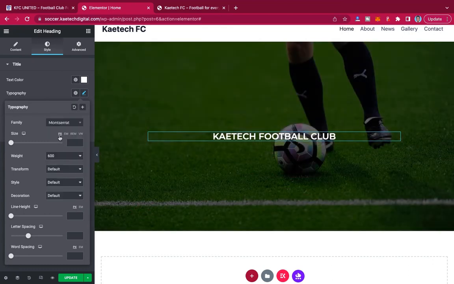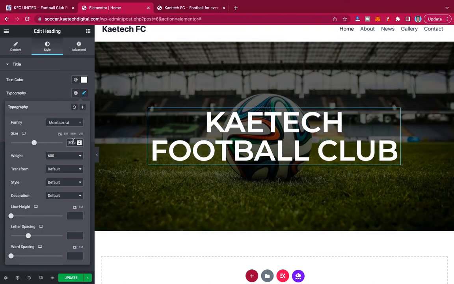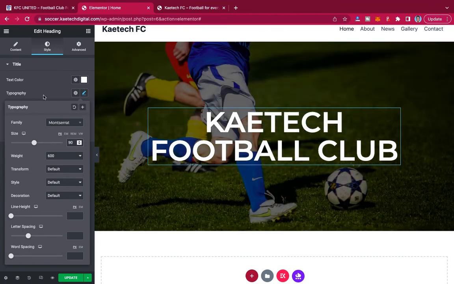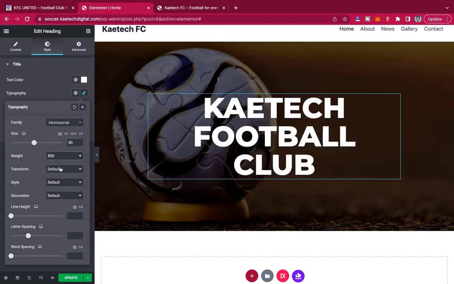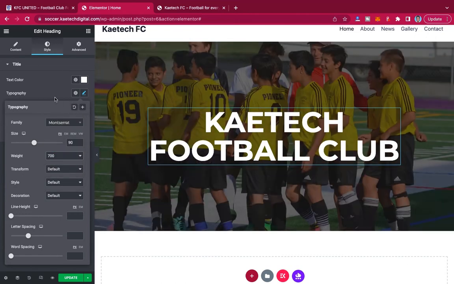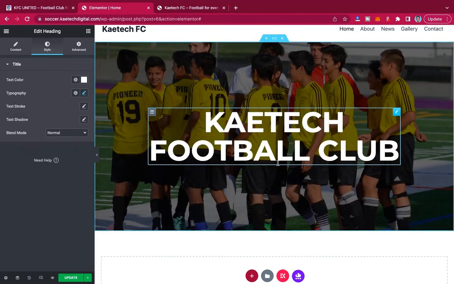Okay, change it and then increase it to, let's say, 90. Okay, so 90 is quite okay. As you can see, everything fits in exactly as I wanted. And with the width, you can increase it to maybe any size that you want. Okay, so 700 is quite okay. So that is it. Now that I have this one done, the next one is for me to